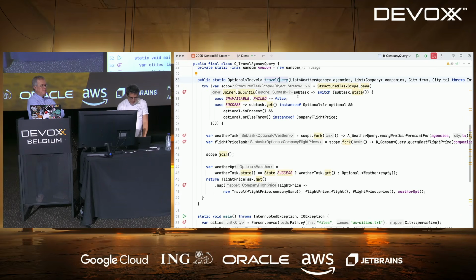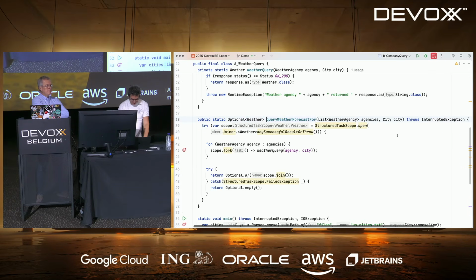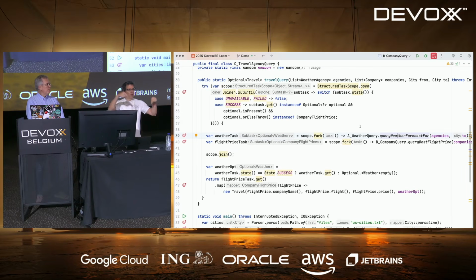And the way I do it is by calling the other query I have used, which means that this structured task scope is forking something that itself is a structured task scope, which means that I'm starting to use structured task scope inside structured task scope.